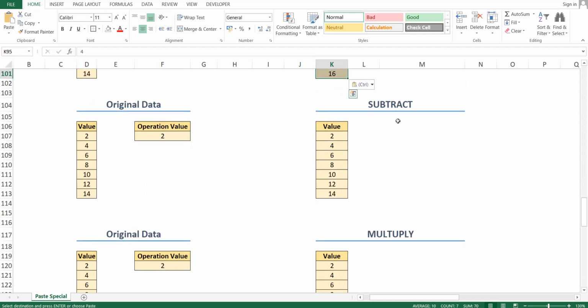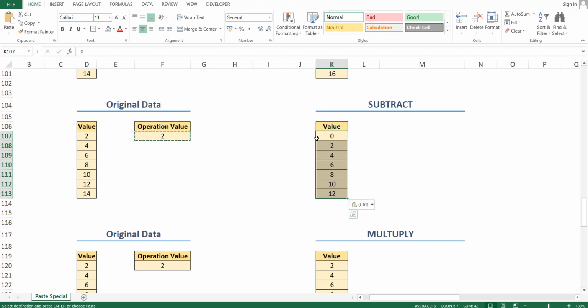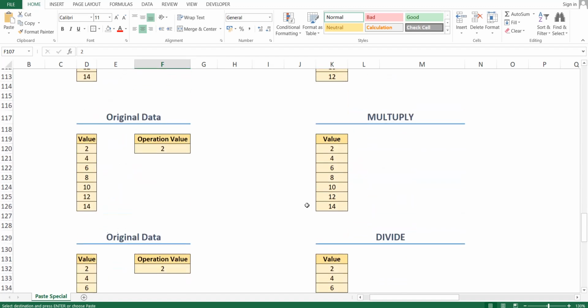Similarly, to perform the subtract operation, we select the operation value, copy it, then select the desired location. Under paste special, we select subtract and hit OK. You can see that this value will get subtracted from the original values.